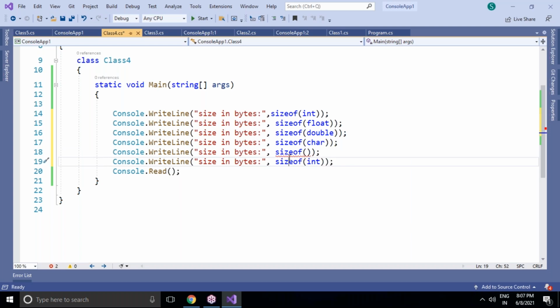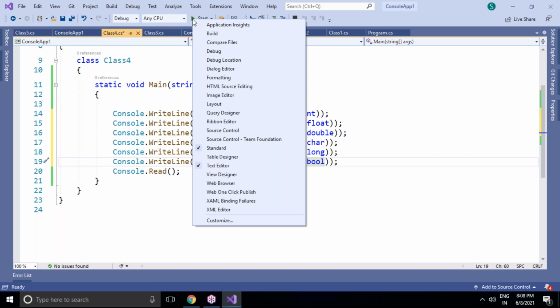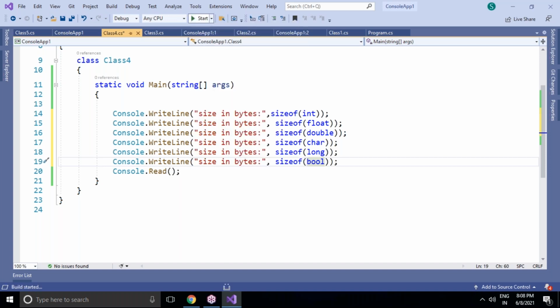But instead of that, we can go for character and the long data type. A string is 2 bytes per character, but we cannot go for string here because the size depends on the string. So let's try this one, and I'm taking the bool type. Actually it's not a byte, it is 1 bit for bool: true means 1, false means 0.